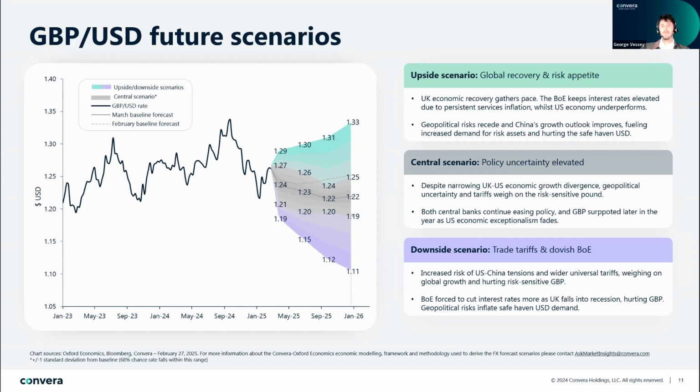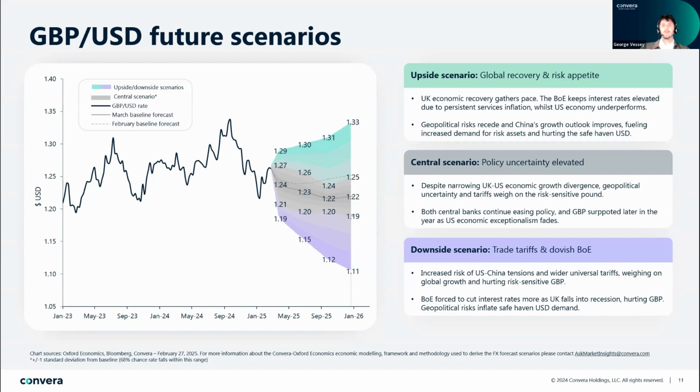a sharp rebound in risk appetite, if tariff fears ease and geopolitical tensions abate, could allow the pair to climb higher into the higher 120s, potentially the 130 mark in the second half of this year. But this is also assuming that the US economic data continues to disappoint, therefore leading to narrowing growth differentials and potentially rate differentials favouring the pound if the Bank of England cuts interest rates less than the Fed as well.